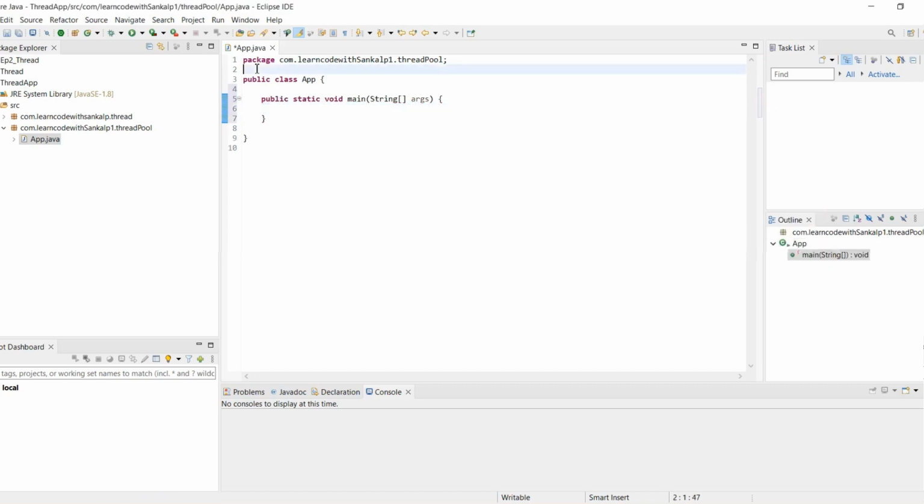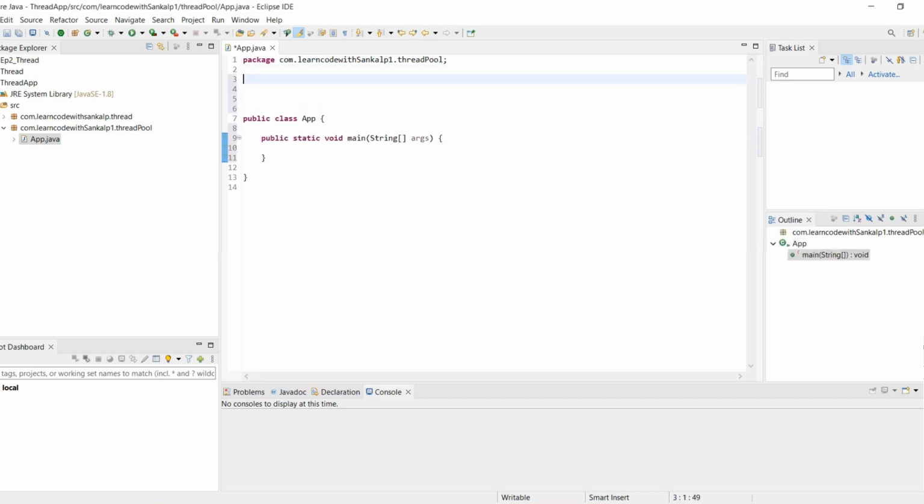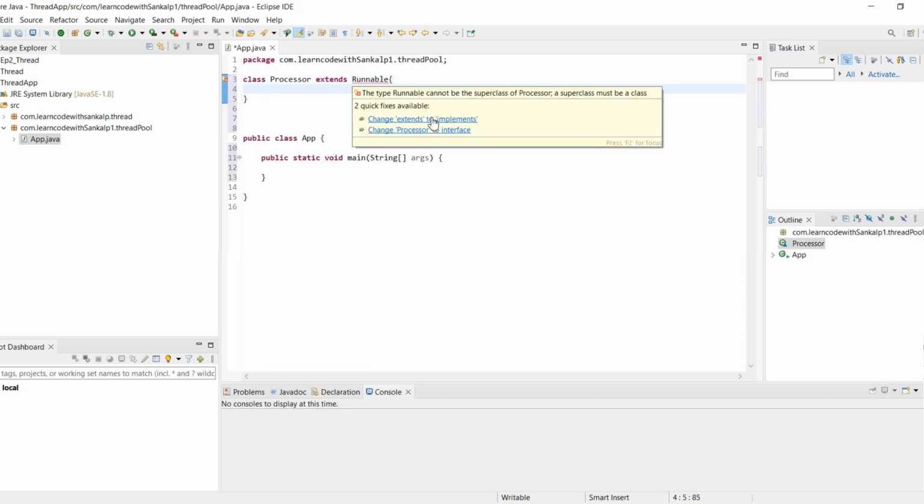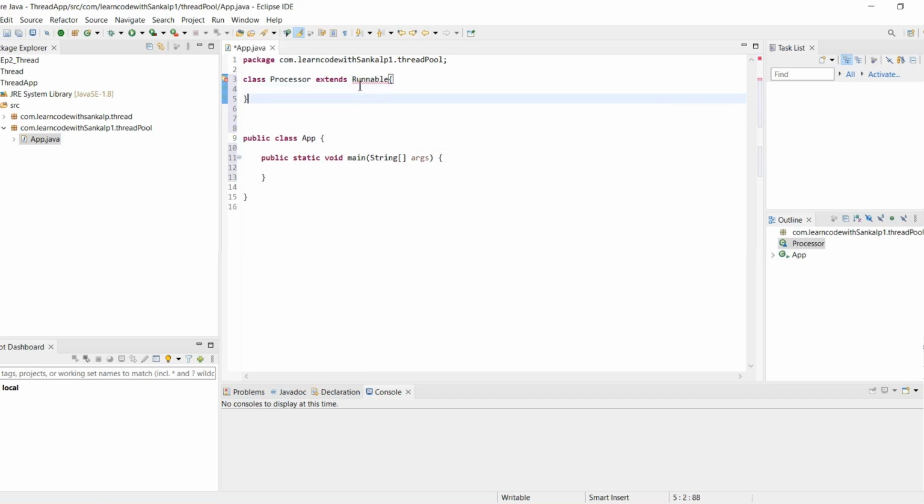For the thread, we create another class named Processor, which implements the Runnable interface. Then we override the run method.